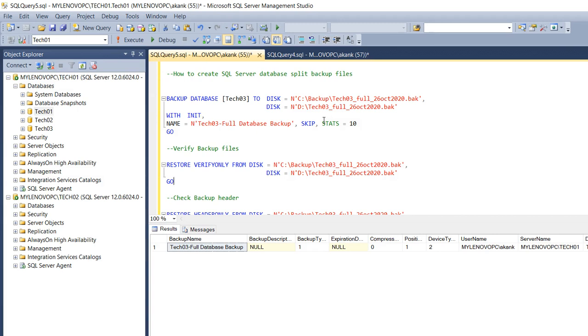So it's a small topic. Hope it will help whoever has started DBA work at the initial phase. It's a very useful topic. Every beginner should know about this feature, because normally in the initial phase we get small chunks of work like taking backups, restoration and all. If you are aware of features like split backup, definitely it will help you. So hope it's clear, guys.